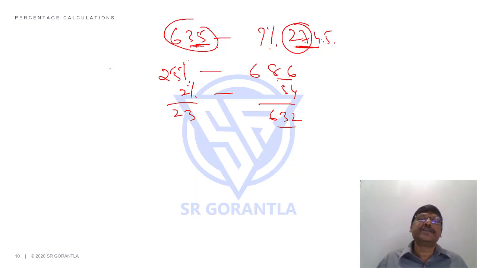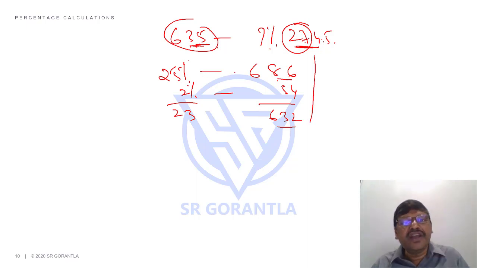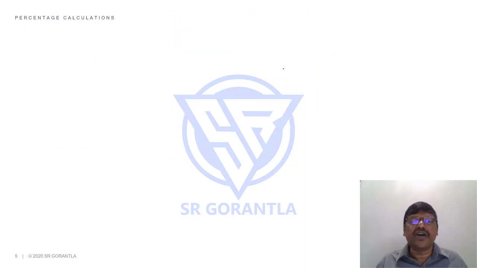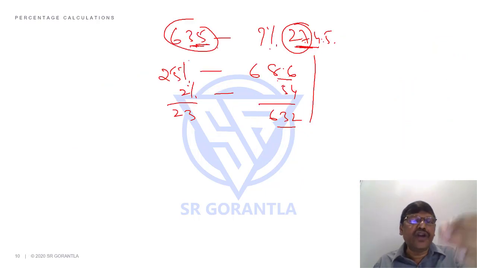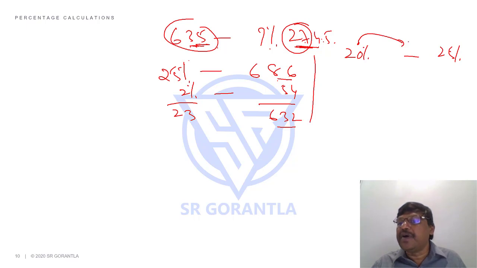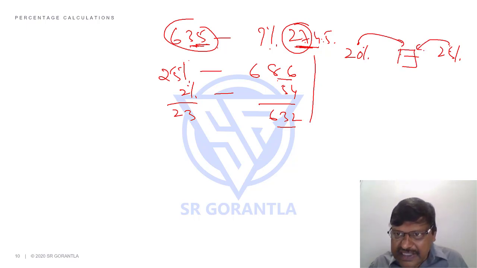One more approach, students. Now you know this answer is not close to 20 because it's not exactly 20, not exactly 25. Students, in the previous case you started with 20 and went up to 23. In this case you started with 25 and came down to 23. Your answer is between 20% and 25%. What you have done? You have started at 20 and gone up, or started at 25 and come down. Instead, why don't you start in the middle itself if possible?